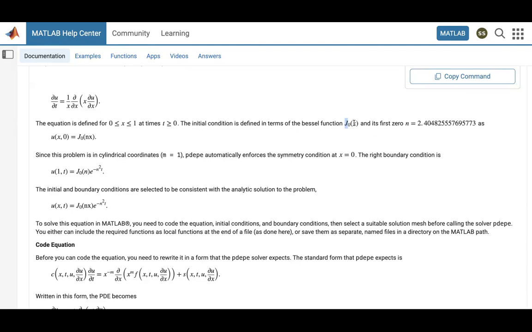There will be an nx term associated with the Bessel function, and you just have to give that as input to the inbuilt MATLAB Bessel function command. We'll see that, but just understand that at one boundary, the condition is a Bessel function, J0(nx). And next is the other boundary condition. Since the problem is in cylindrical coordinates, what will be the value of m? As I said earlier, for a Cartesian coordinate system m is 0, for cylindrical m is 1, and for spherical m is 2. So in our case, m is equal to 1. The PDE solver automatically enforces symmetry at x equal to 0, and the right boundary condition is